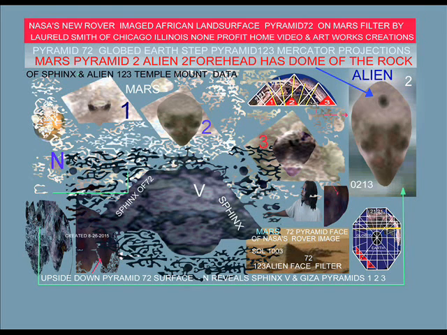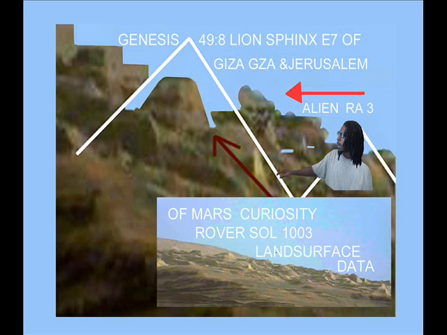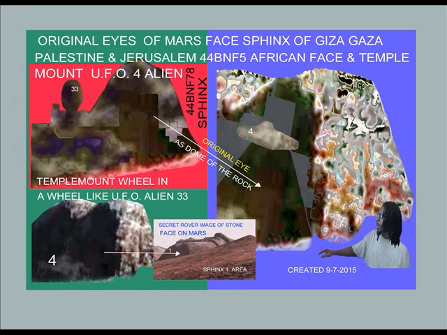So when you look at the Martian Viking frame in 1976, Viking frame 35A72, you're going to see a stone face on Mars and the Alien 33 and the Angora gorilla next to the stone face on Mars. Now this is the aerial view land surface image of an Angora gorilla in the original 1976 Viking frame. So as we decode the TEMPLEMOUNT extraterrestrials to the Curiosity rover SOL-103 images, we see that the Sphinx on Mars redefines